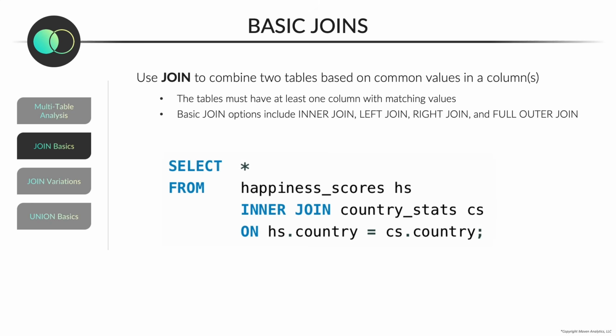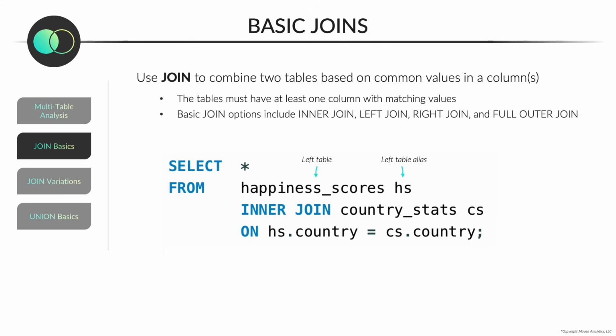join syntax. In this query right here, our goal is to combine the happiness scores table with the country stats table, and we can do so using a join. So the first thing we're going to do is write down the name of our first table. This here is called the left table. And then once we write down our table, the next thing we're going to do is give it an alias. So an alias is a nickname for the table. So going forward, anytime we reference this happiness scores table within this query, we're going to just use the name